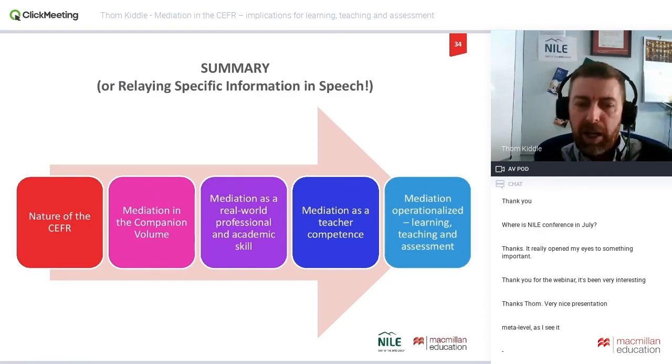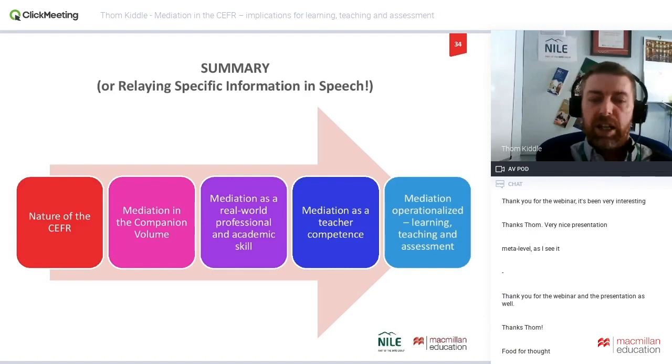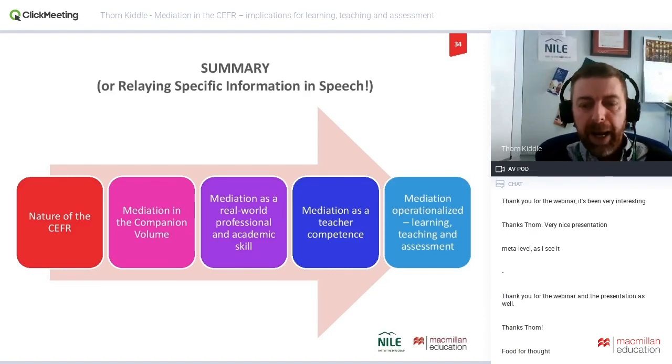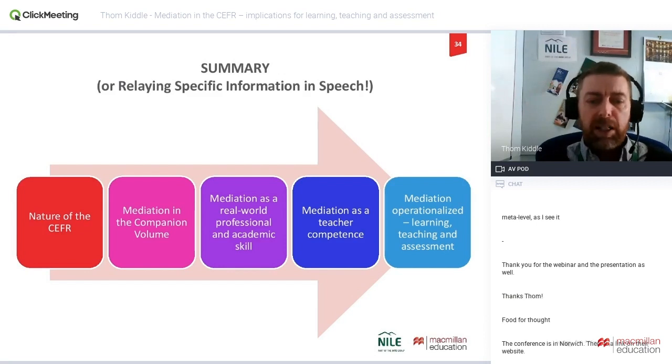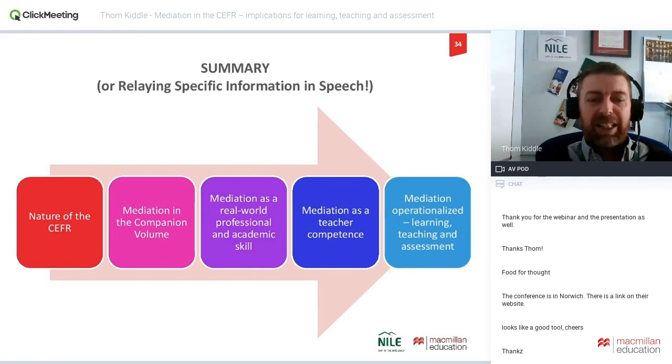Remembering back to not all the scales are suitable for examining, some of them may be suitable for teacher-led assessment, but all of them potentially useful for self-assessment and goal setting. So hopefully I've mediated the concept of mediation for you in an acceptable and accessible way,